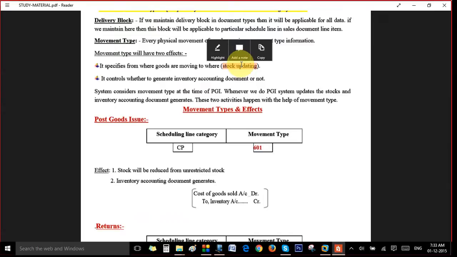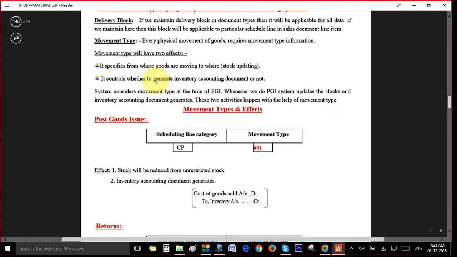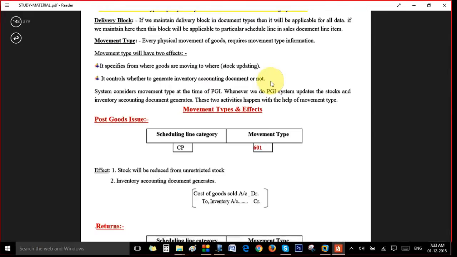So this movement type specifies from where the stock is moving and to where it's going, and it also controls whether to generate the inventory accounting document or not. In consignment returns, we are adding the stock back from the consignment service agent to the consignment stock. So we are receiving our own stock, so we don't have any accounting document generated there.